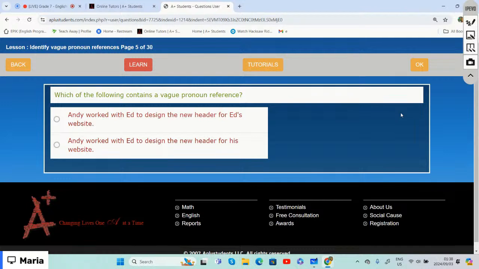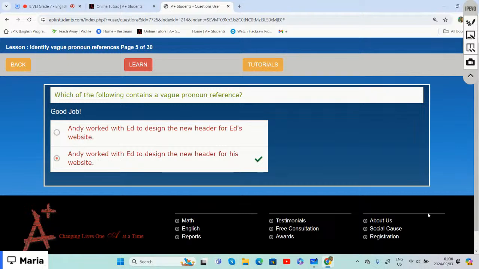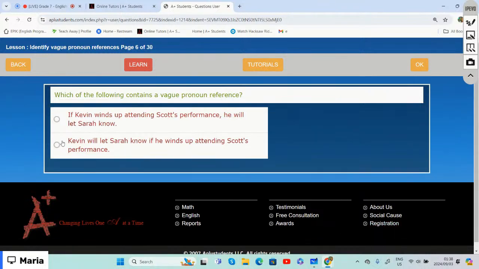Because option two is not clear. Option two says Andy worked with Ed to design the new header for his website. Is it now the website for Andy or is it for Ed? That is the question that we need to ask. All right. And then the next one says, before we continue, it says